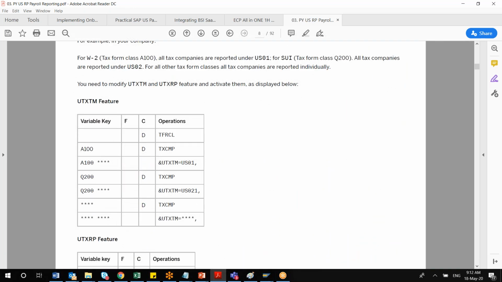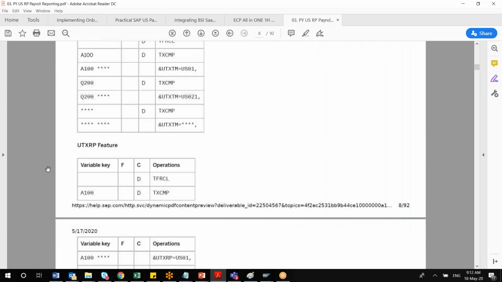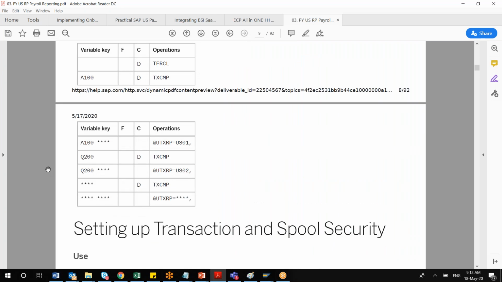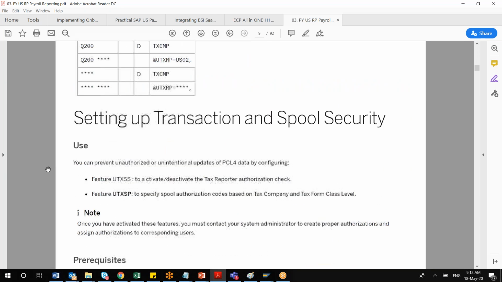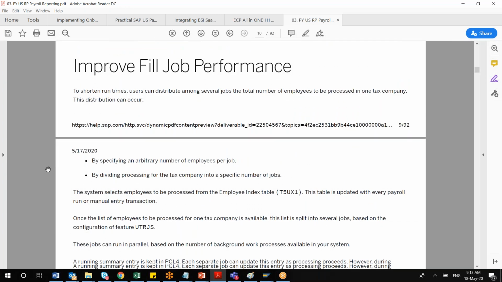And the features also. There are some inbuilt features which I have not discussed, but this is a part of your normal US payroll features. You do not have to configure much here. Only these things, standard features come. There are operations, what are the different operations available. If any customization is required, then you can do it there. So this is a document which you can refer.